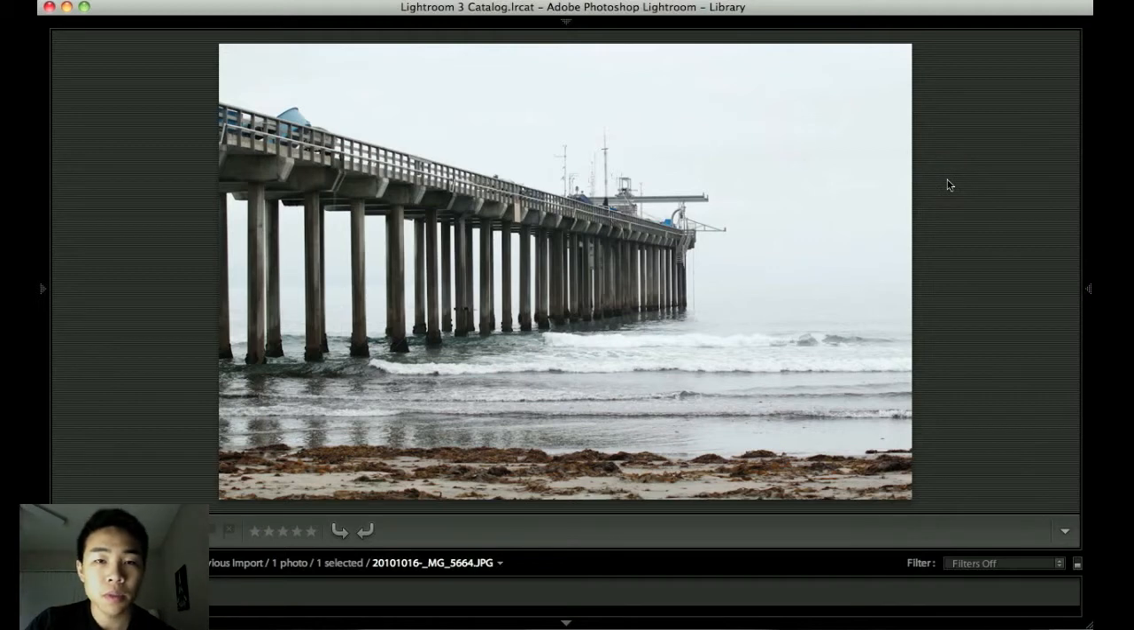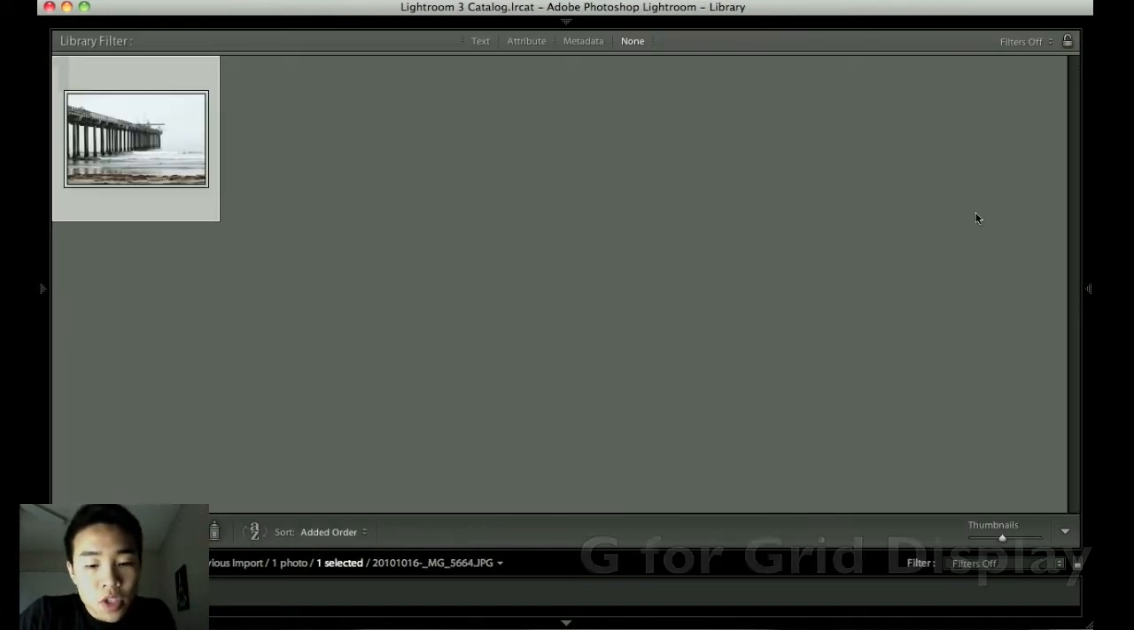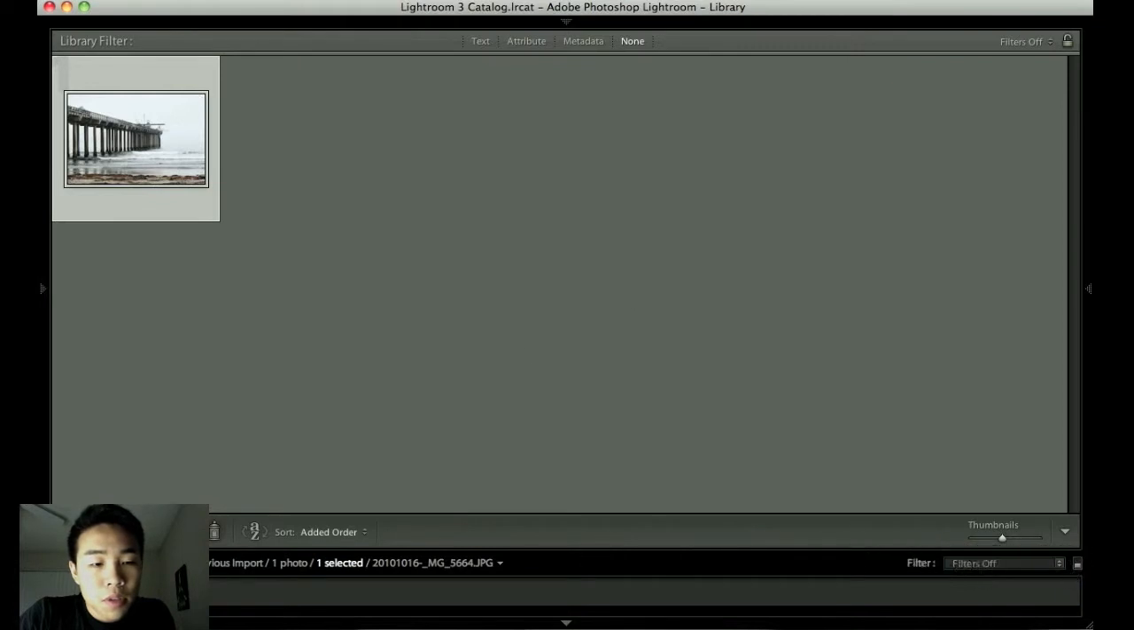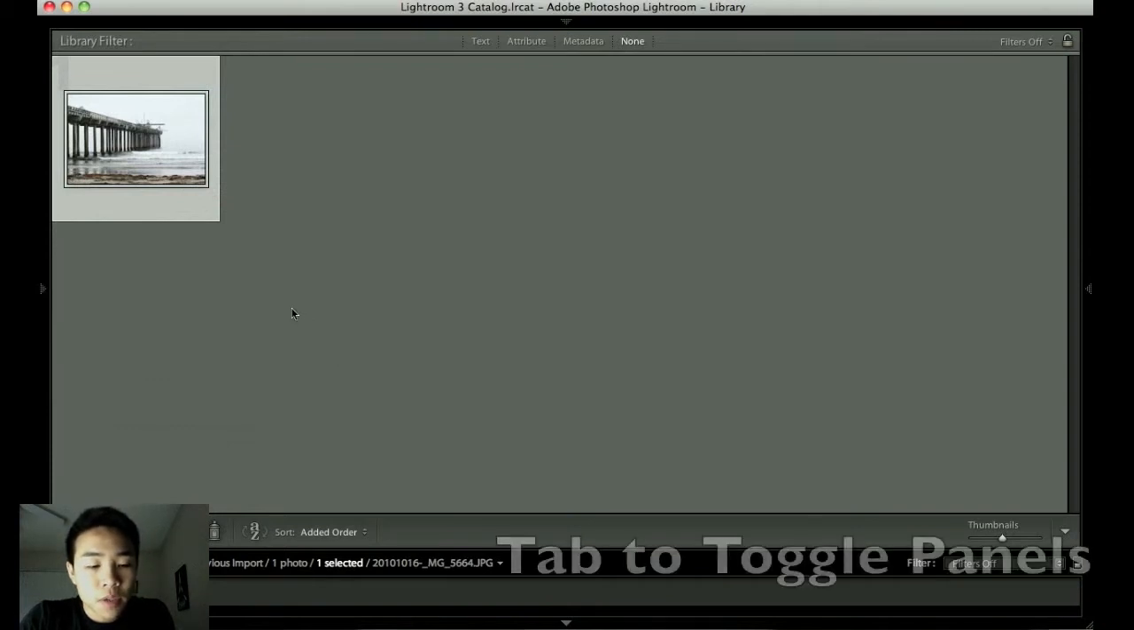Hey guys, so I want to do a little video on the shortcuts that I use in Lightroom and how to edit this photo. So first, let's go over some shortcuts. If you press G, this displays a grid mode where, if I had more photos in my library, I could view all my photos here. And then I use Tab